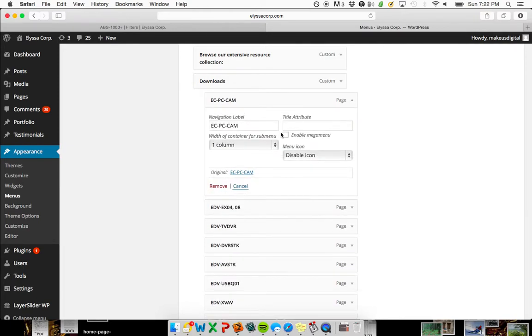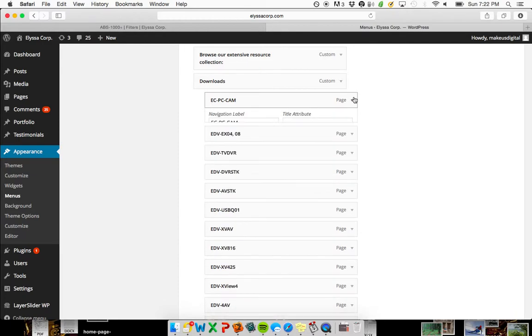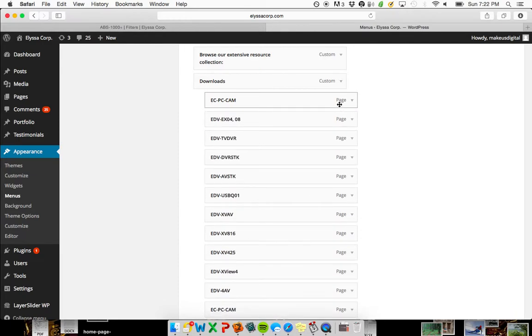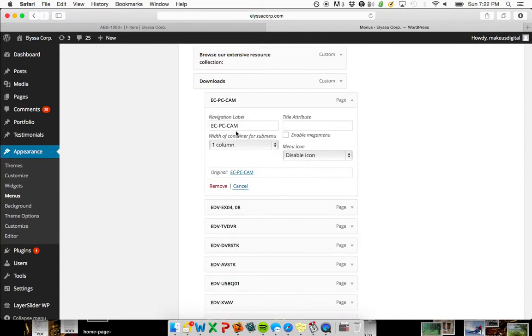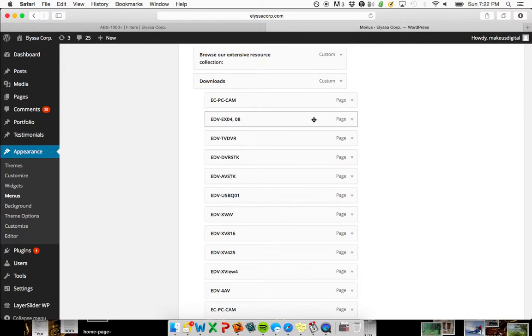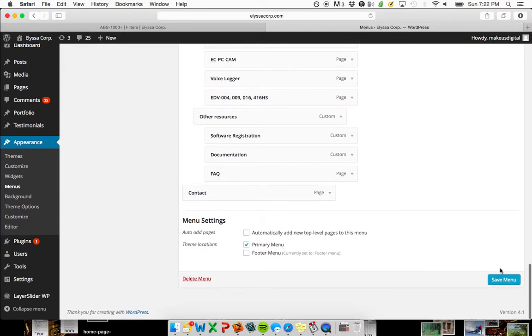And now you can see it's already tagged to a page, so we don't need to put a hyperlink or anything like that. It's not asking us for a URL because it's associated with a page already, so it knows where it's supposed to go. You can, of course, change the name if you, for some reason, want a different name. But for now, I'm going to leave it like that. And let's just see what happens. If I save the menu,